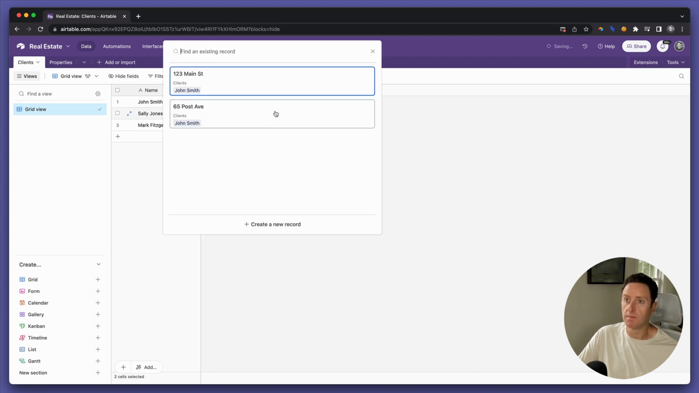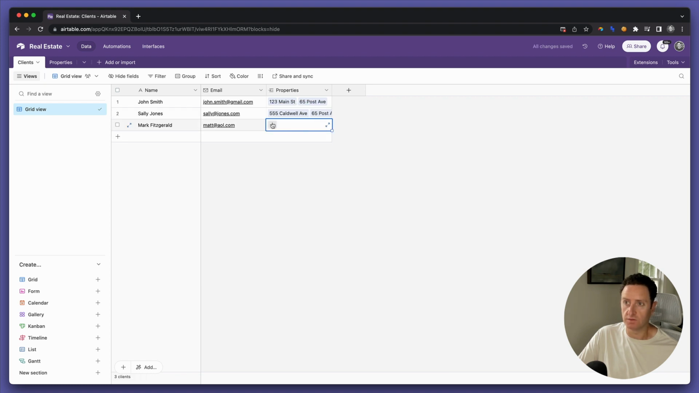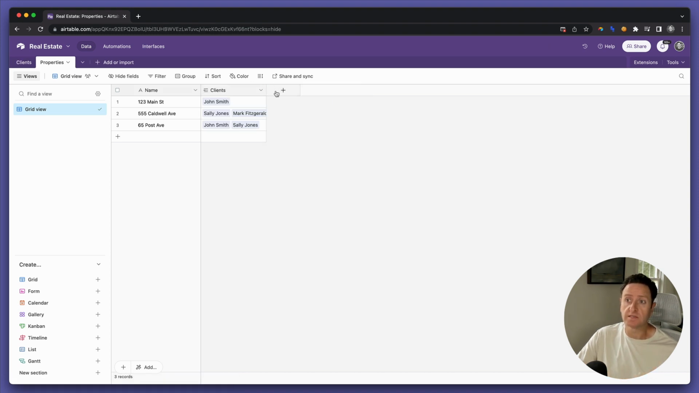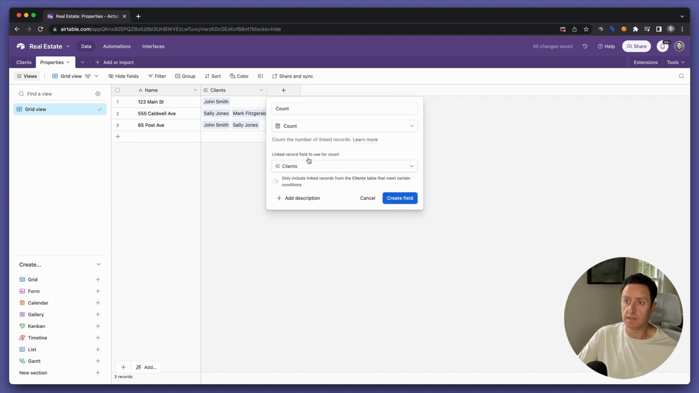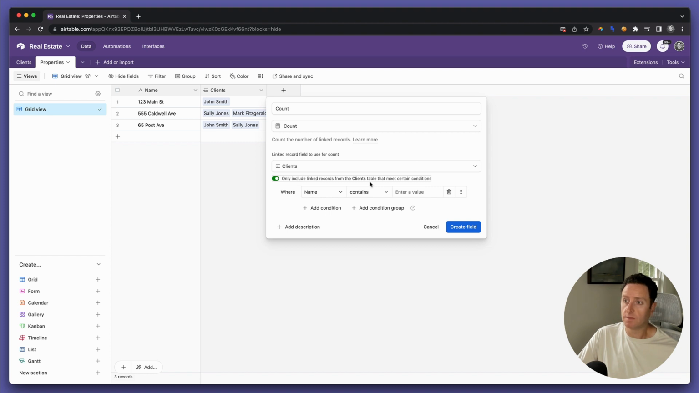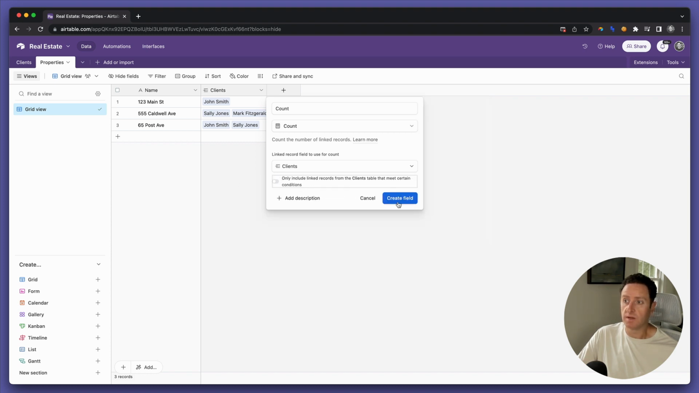This is going to become massively valuable for you in the future when you have to then bring information from the properties table into the clients table to trigger automations, to keep track of reporting, whatever it may be, and vice versa, right? Properties, you need to know how many clients are looking at my properties. So you can, for instance, say, I don't know, count field. You type in a count, and you just count the number of clients,